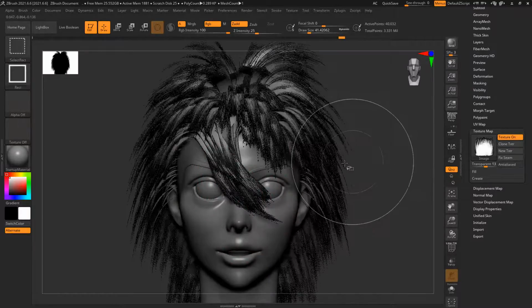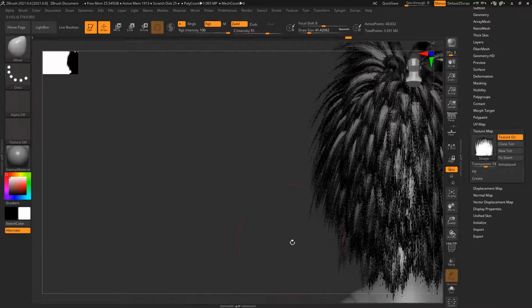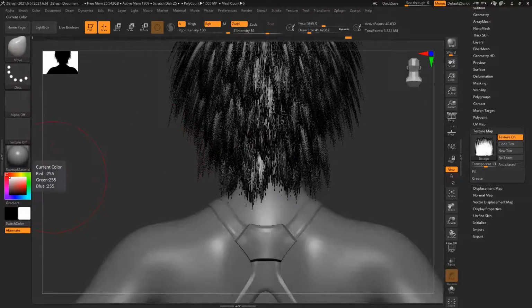Then Control Shift, click outside. Always start from the base, the root of any section, and then move it up.